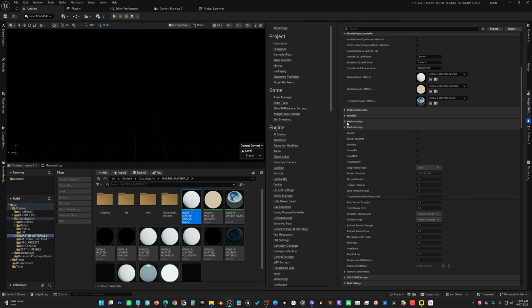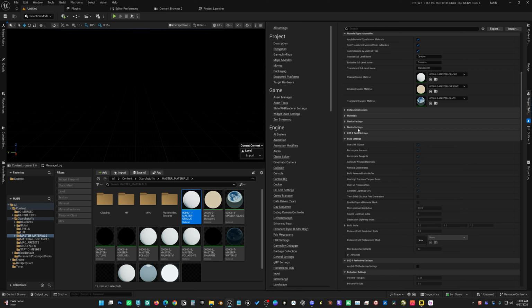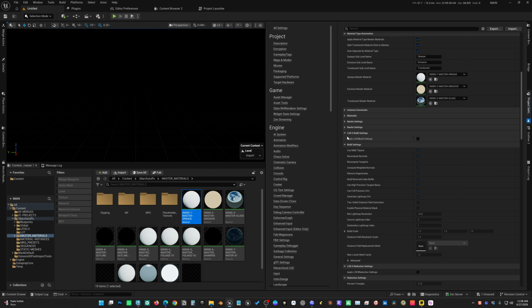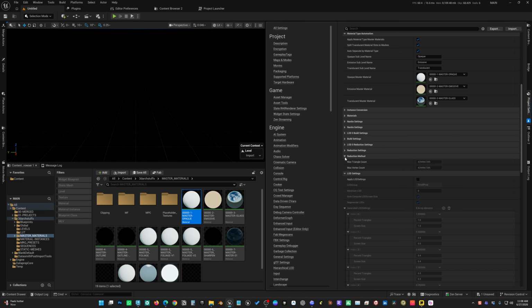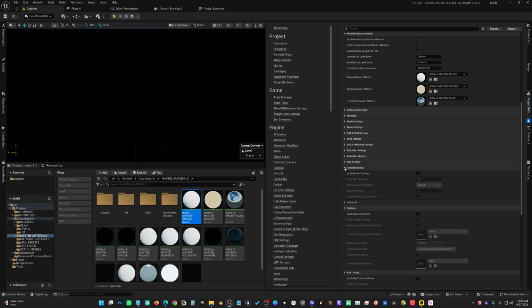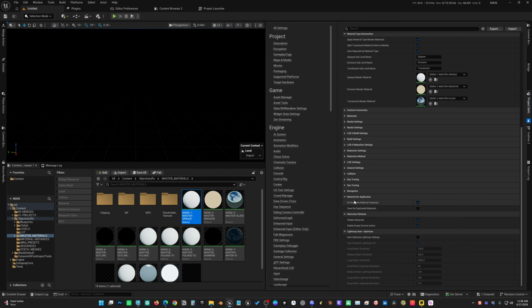Then Nanite, for now not mandatory, skip it for now. I will be explaining it maybe in a later video. Same here, just skip all this. You can go ahead and test them yourself if you have time, but even if you don't test them, it's okay. I will explain everything in detail in further videos. Here you have to enable this material